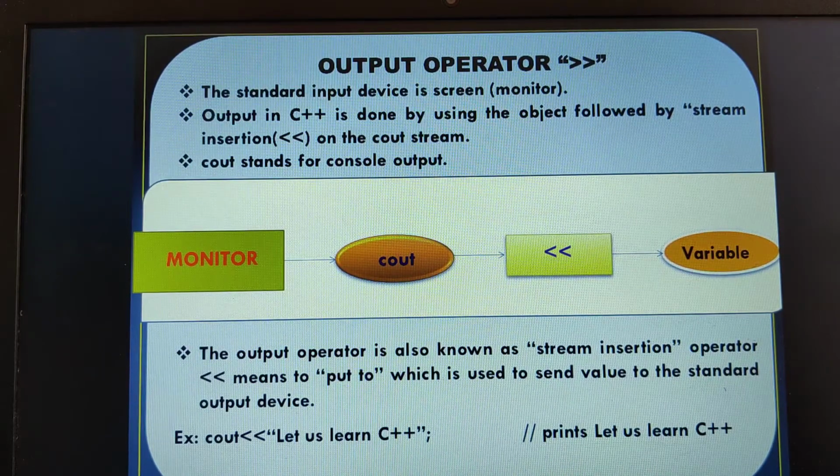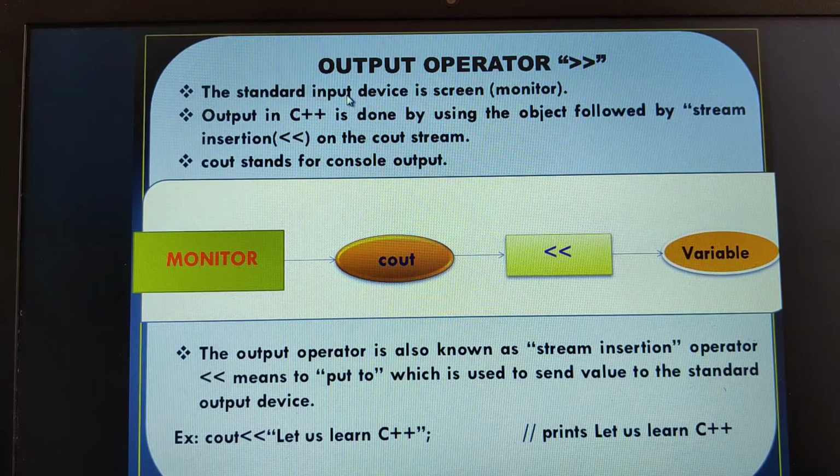And then that data will be completely placed on the monitor. Now here we shall see the standard output device which will be used by the console output is the monitor, because console output means we are displaying the data onto the monitor screen, isn't it? Therefore, it should not be an input device, it's a standard output device here.